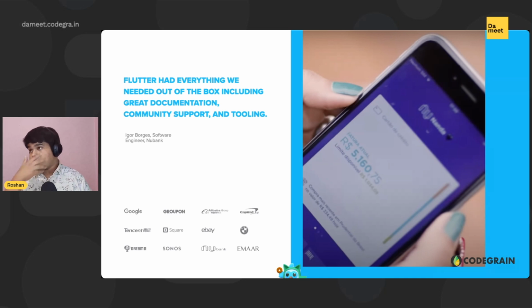Other than that, I am also consulting at Kotak, where Kotak Securities is making their current app, the latest one, Kotak KSEC Neo, using Flutter.